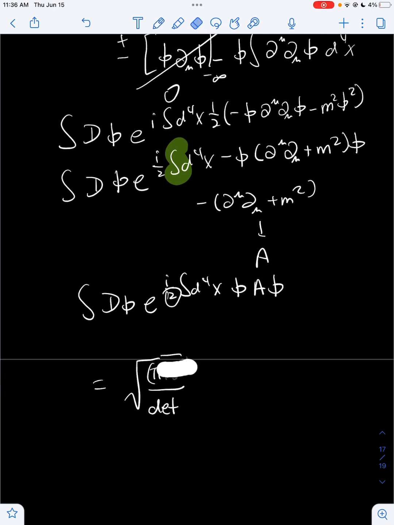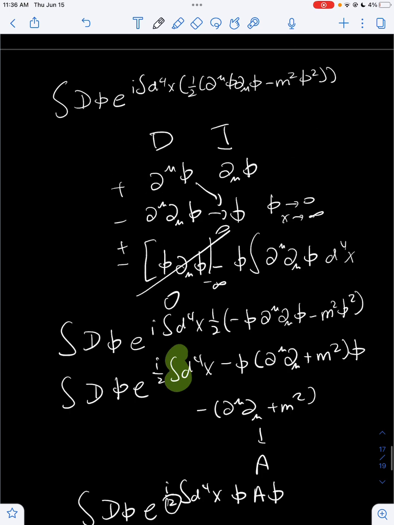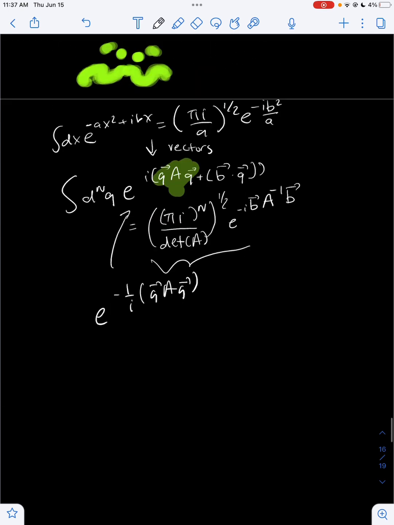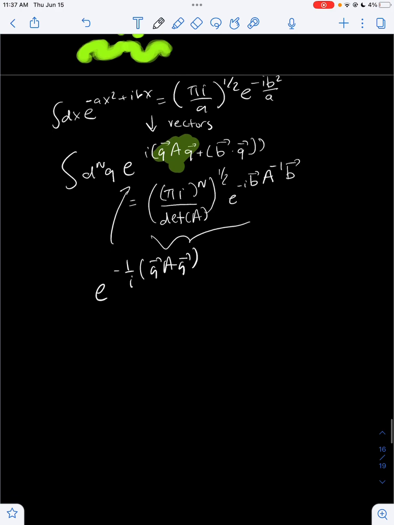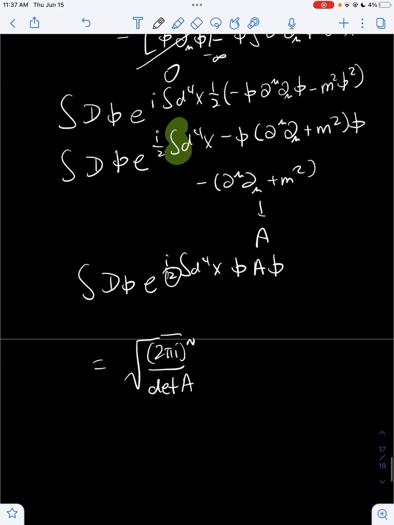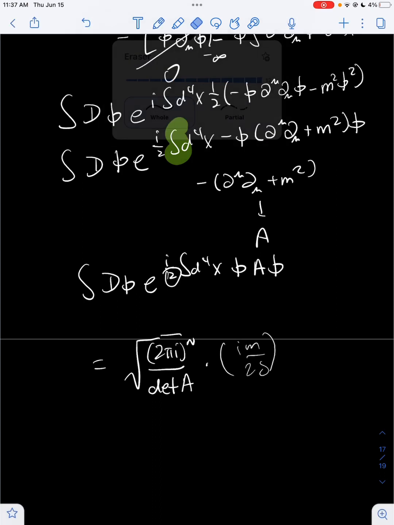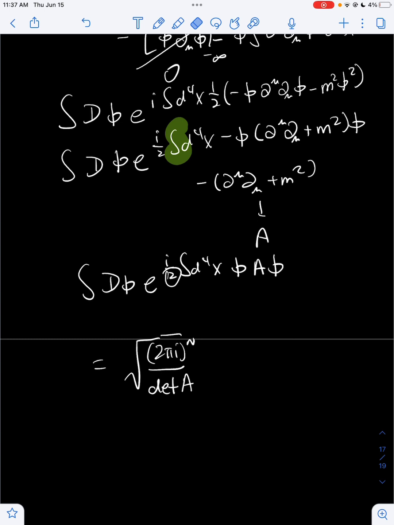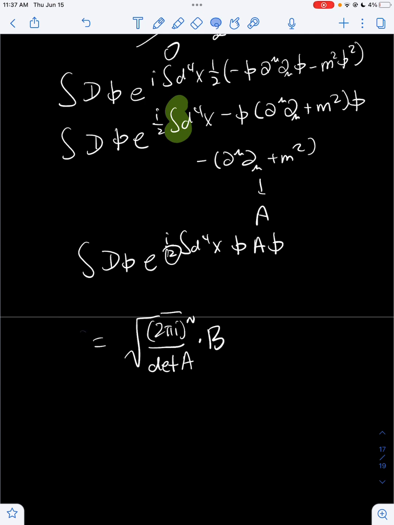So we'd have 2 pi i to the n, 2 pi i to the n, then the determinant of A, and that's pretty much our answer. We don't have any extra terms over here, so this is pretty much our answer. And then we'd have the extra terms from before, like the i m over 2 delta, whatever it was. Well, we can just ignore that now. Let's just call that extra term b. Okay, so we're gonna have this times b, and then we'd have to take the limit as n approaches infinity,